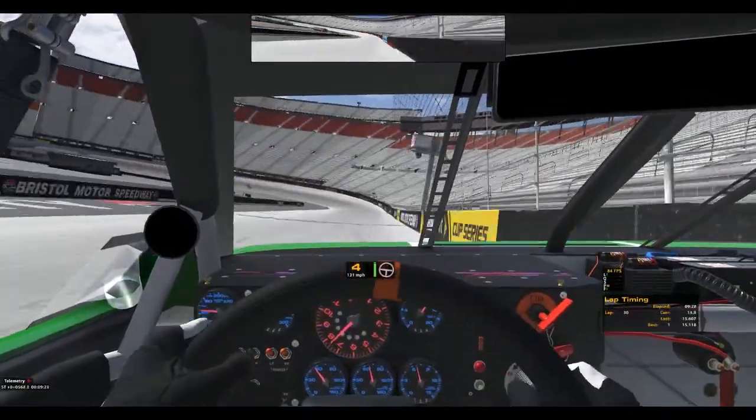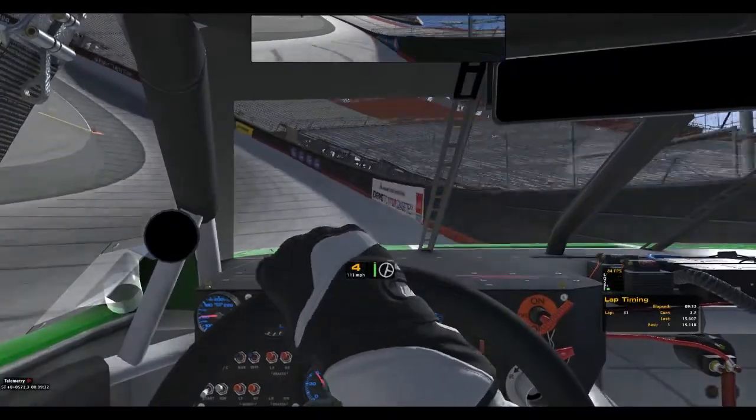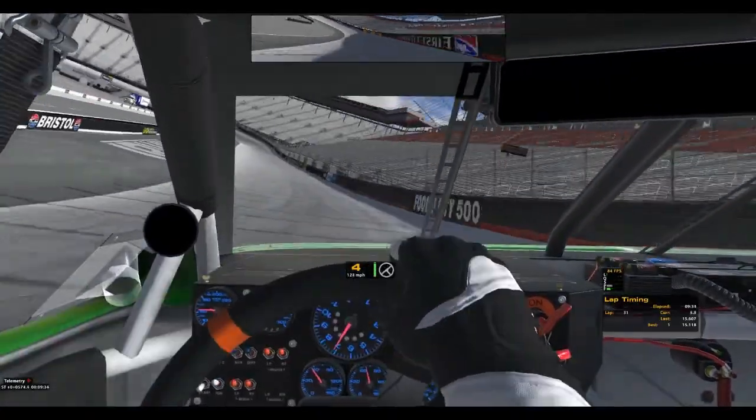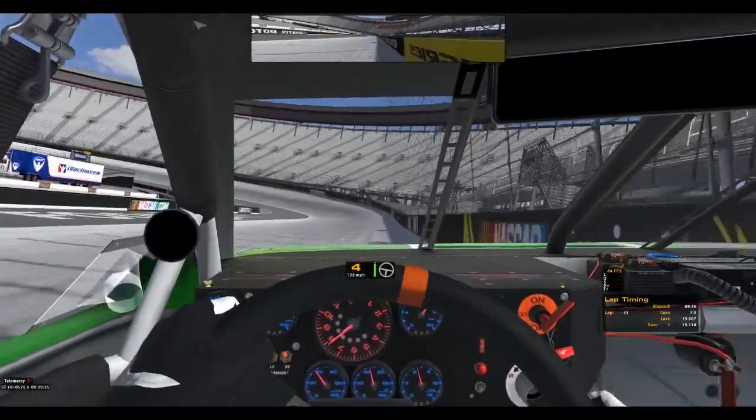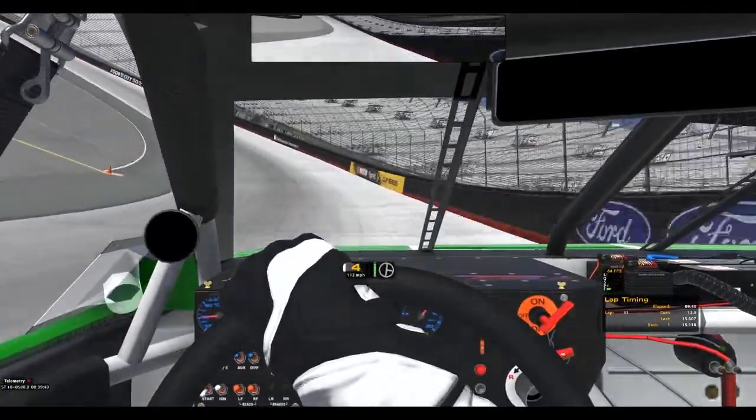In 1 and 2, there's a lot more grip, and you can get back to the gas pretty hard, and the car just wants to turn right there off 2. 3 and 4, not so much. You kind of have to get it pointed down towards the bottom a little bit more before you get back